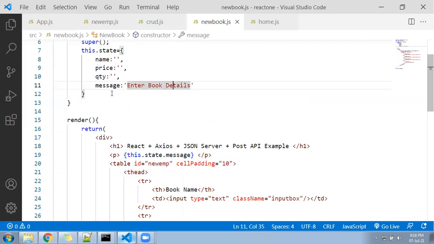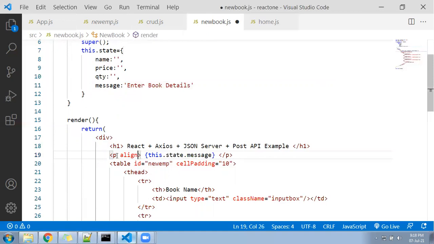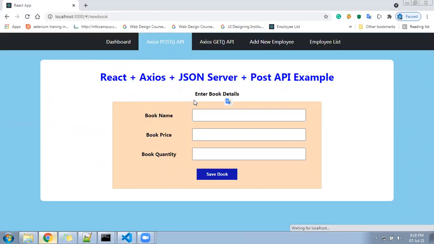Let me show you how it is going to reflect. Awesome, it is coming in the left hand side. I need to put align center, no problem. I'll write for paragraph align center. Okay, so it will come now in center. Look at here, it's coming now in the center saying enter book details.